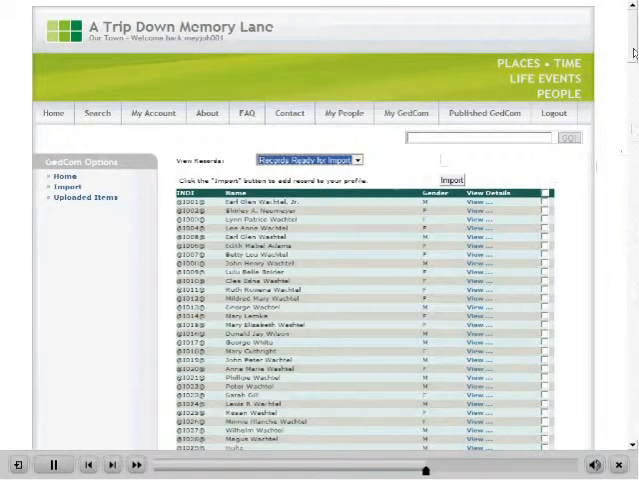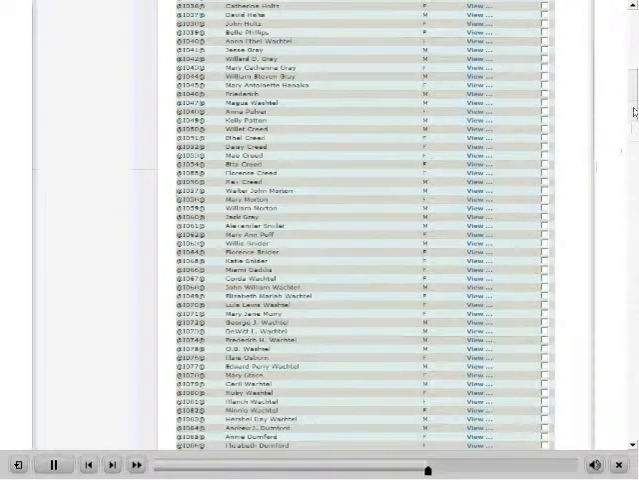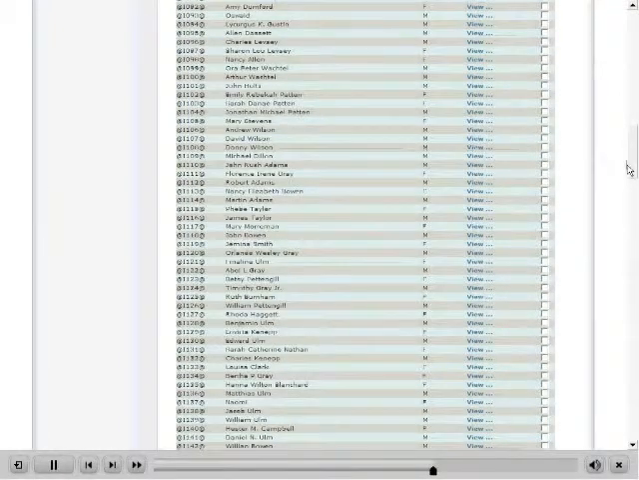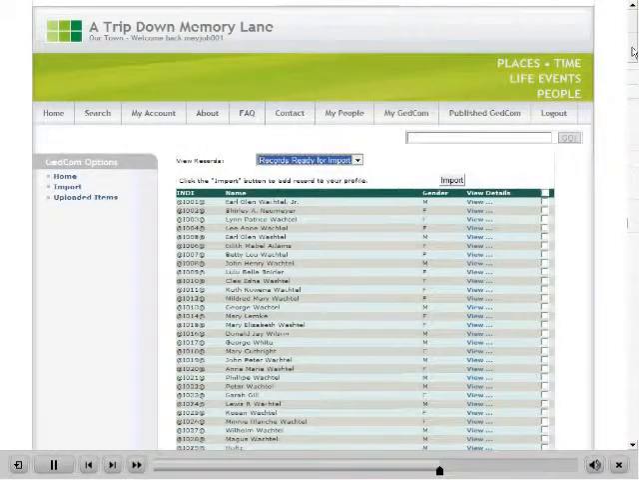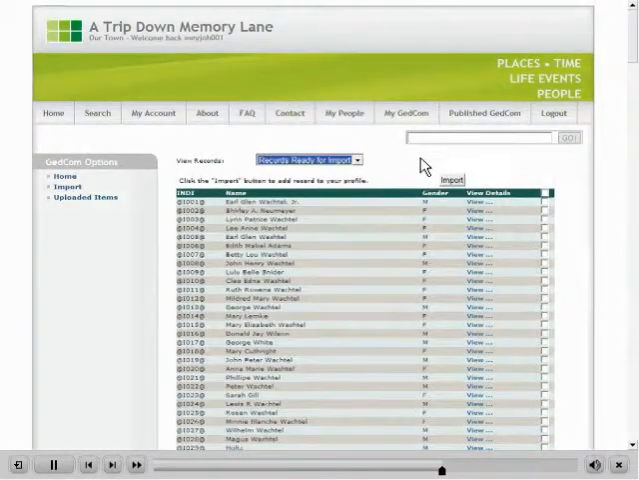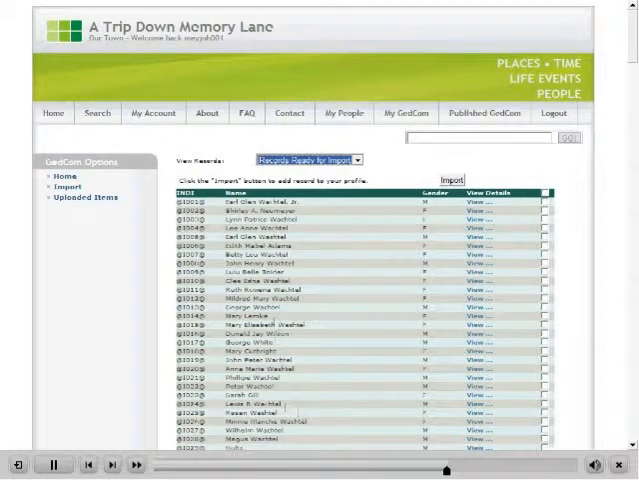And I'll peruse this file and just upload the Wachtels, or the first 25 names, this page. So I'm going to select these items line by line,